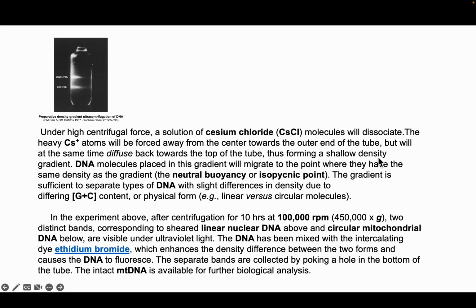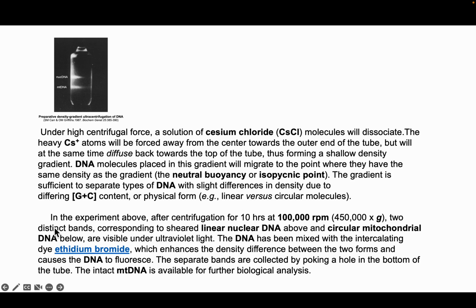Thus it forms a shallow density gradient, and DNA molecules placed in this gradient will migrate to the point where they have the same density as the gradient, the neutral buoyancy or the isopycnic point. The gradient is sufficient to separate types of DNA with slight differences in density due to differing G plus C content or physical form. So what happens in this experiment above, after centrifugation for 10 hours at